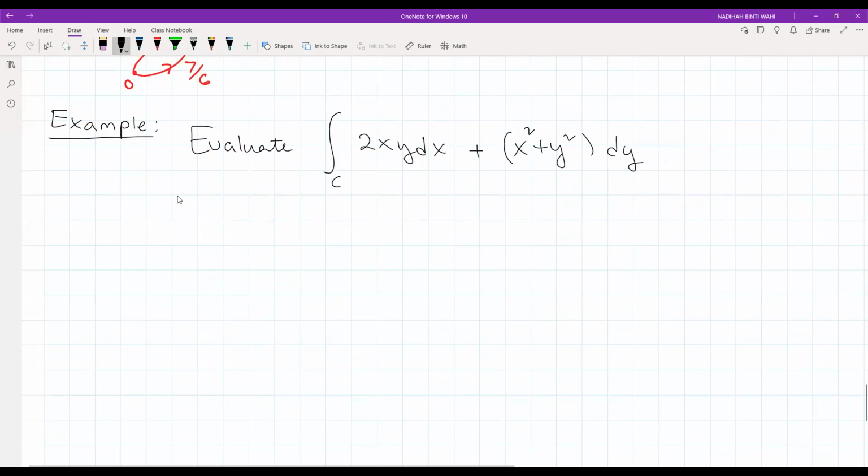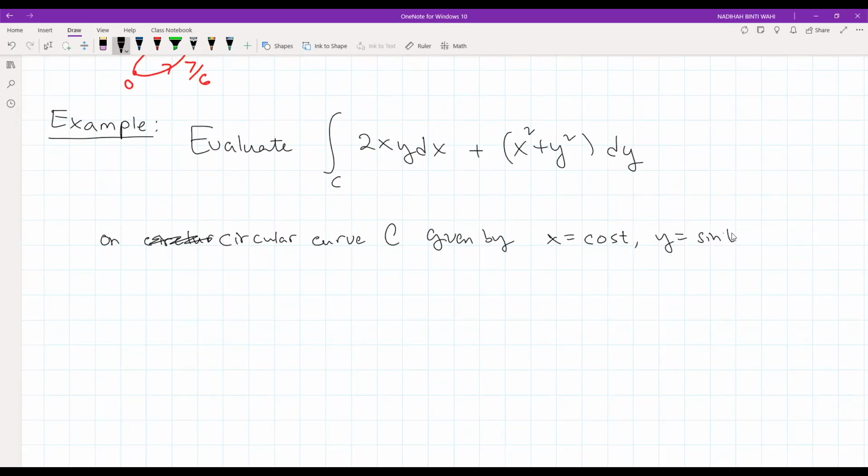Okay, so what about the line? So what about the curve? So dia kata on circular curve C given by x equals cosine of t and y equals sine of t, and t goes from 0 to pi/2. Okay,